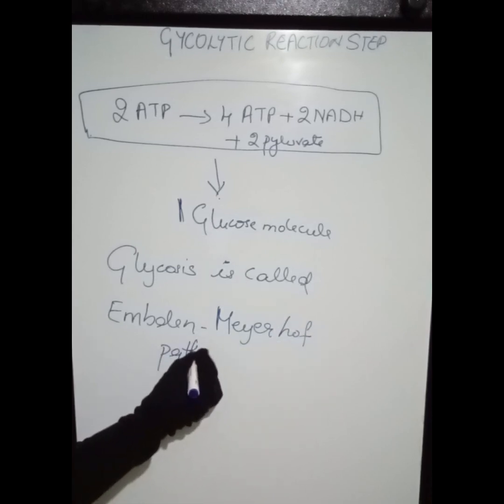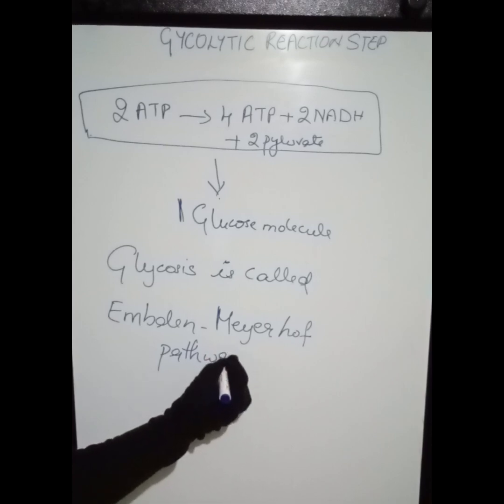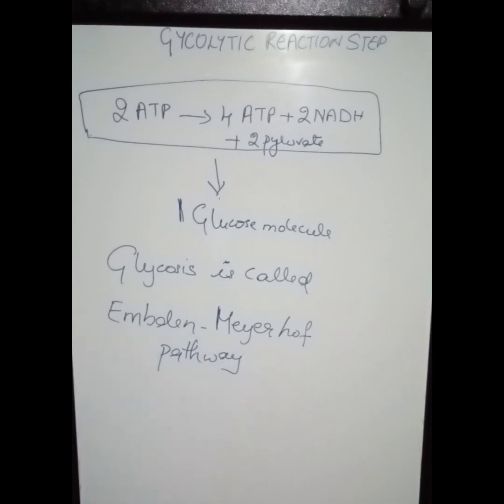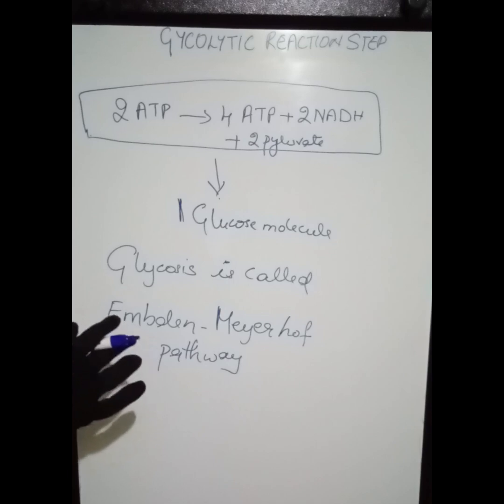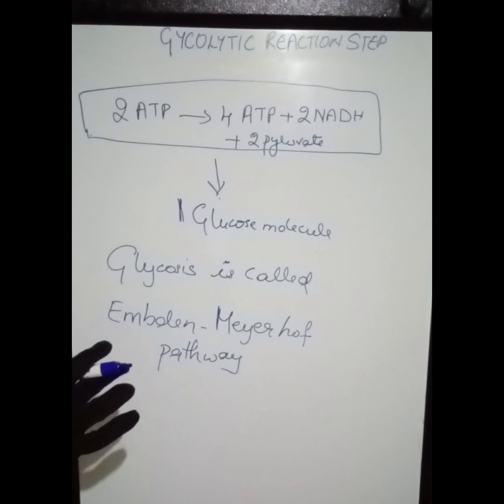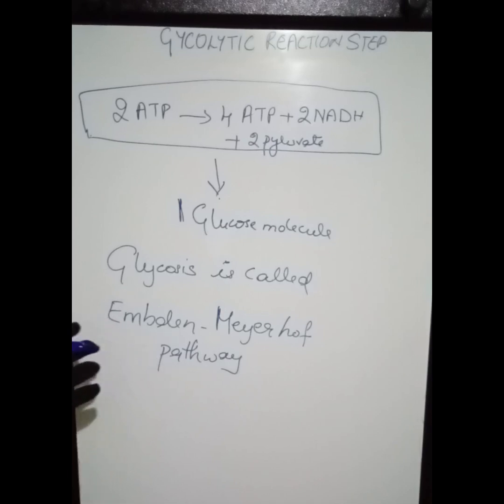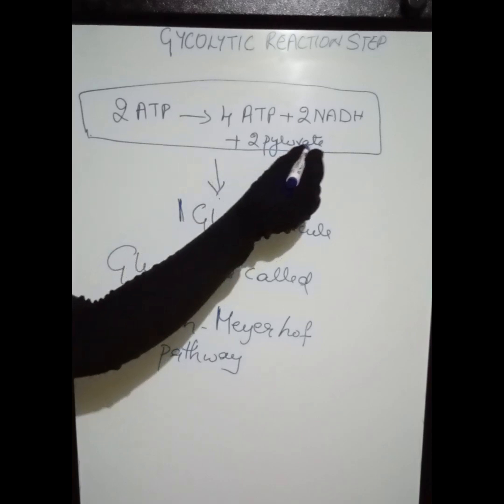I hope you understood the complete pathway, which was very simplified. You can write it in 10 steps, which is very easy to remember. The most important thing is this complete pathway is made for the production of your energy molecules and also your pyruvate, which will get into your